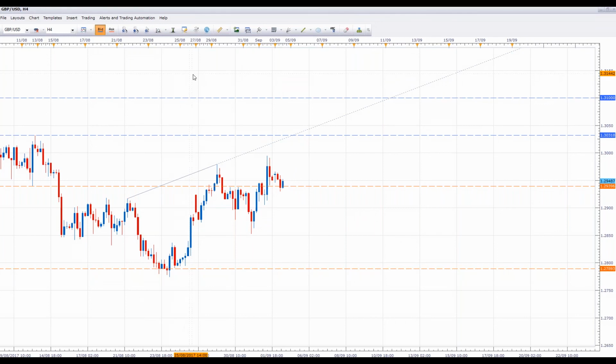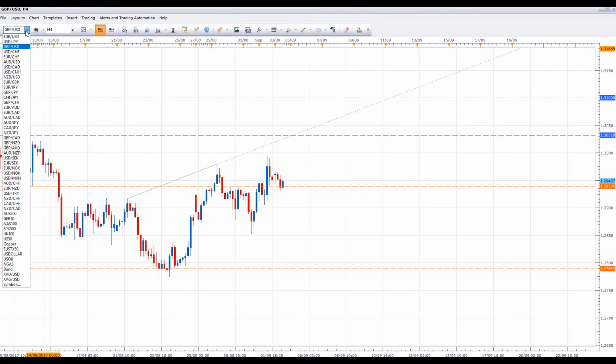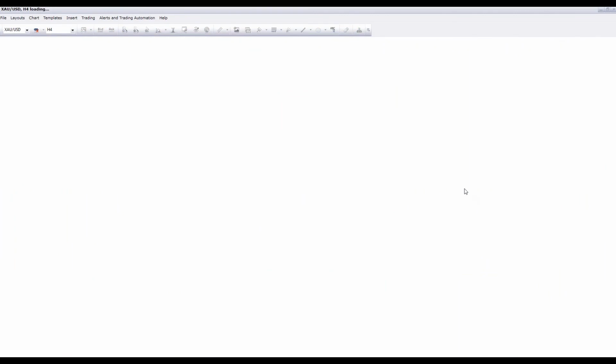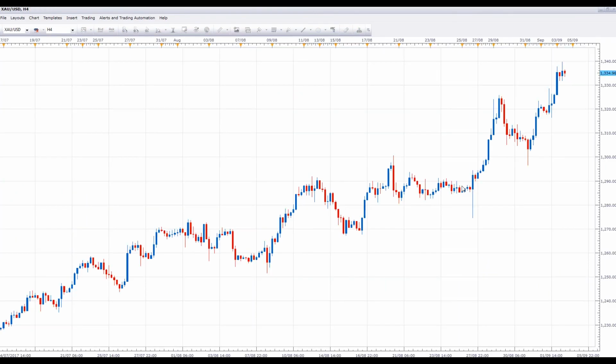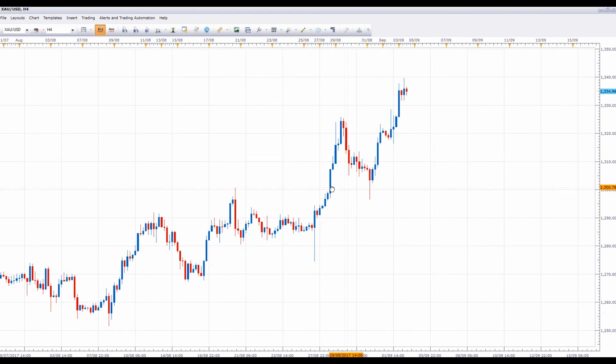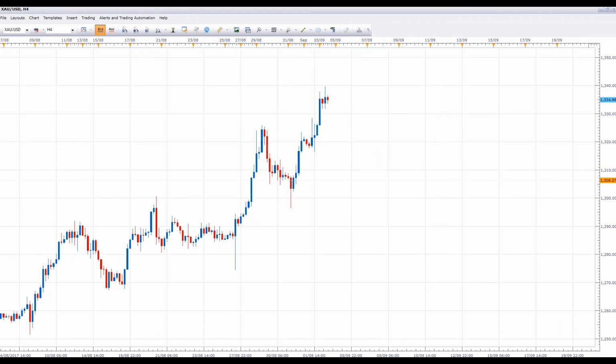In fact, let's go and have a little look at gold, John, since you mentioned it. We'll have a quick look at gold. Someone said euro pound. So you can see gold here at the moment, it's just trending to the upside. What we really want to see is a deeper pullback, probably somewhere into this area, before we look for a longer term position. Because we run the risk at the moment of having a deeper pullback in the gold, so I can't really see anything as of yet in gold.